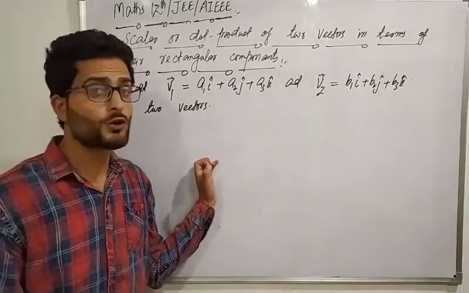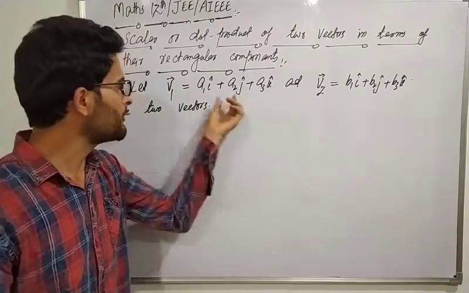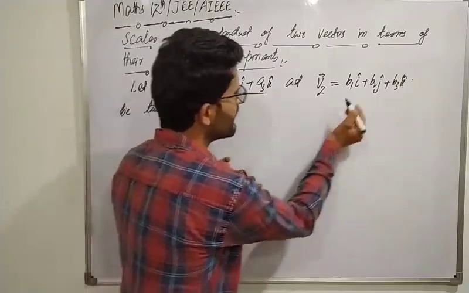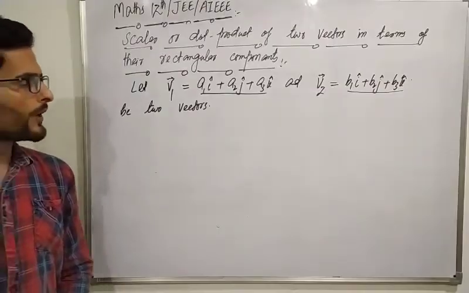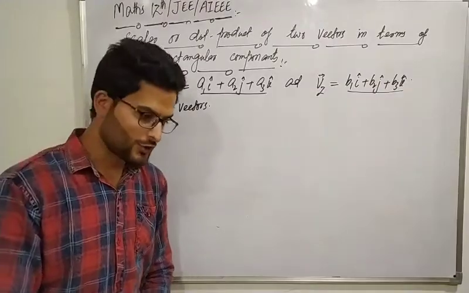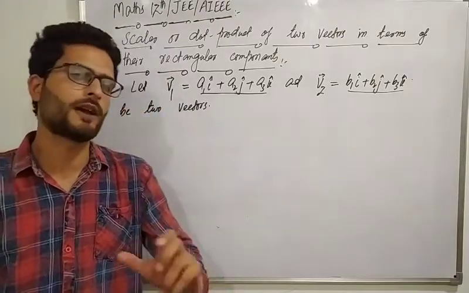So we have two proper vectors, v1 vector and v2 vector, which have been expressed in terms of their rectangular components, means they are resolved in space. Now we have to find their dot product. Dot product की definition हमने पढ़ी है, that is the product of their moduli and cosine of angle between them,